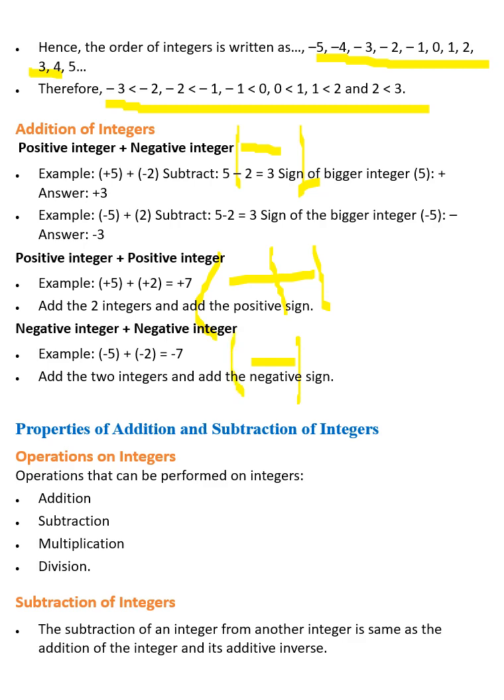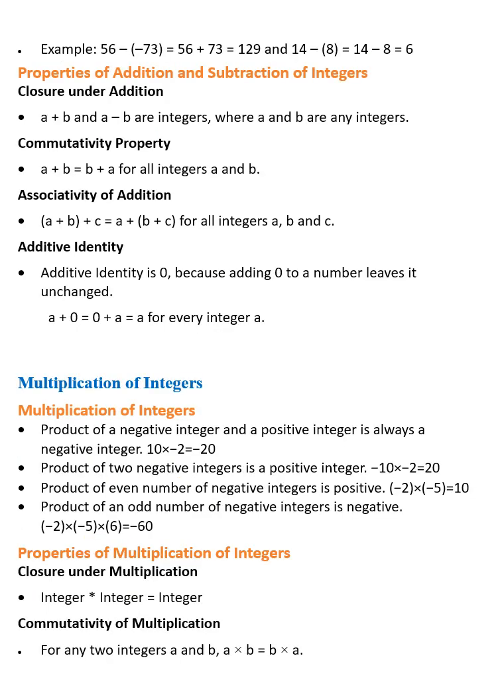Okay. Now, properties of addition and subtraction of integers. So, first property is of addition, second is subtraction, third is multiplication, and fourth is division. The subtraction of an integer from another integer is the same as the addition of the integer and its additive inverse. Example, when you subtract 56 minus (-73), this will give you 56 plus 73, that is